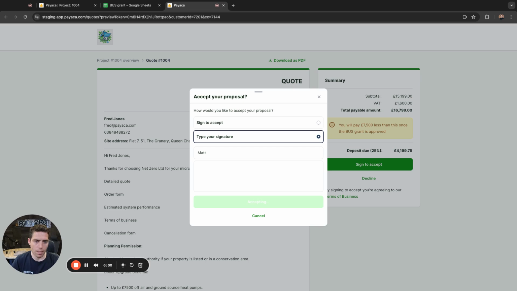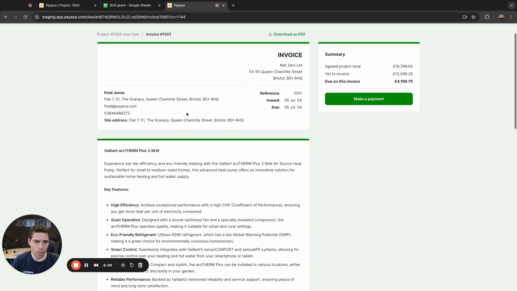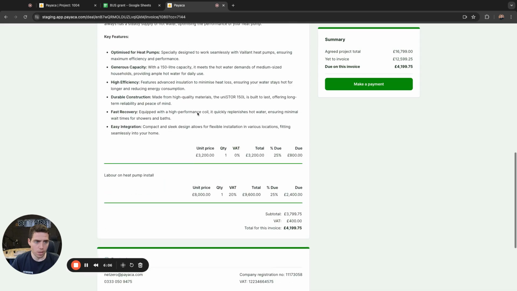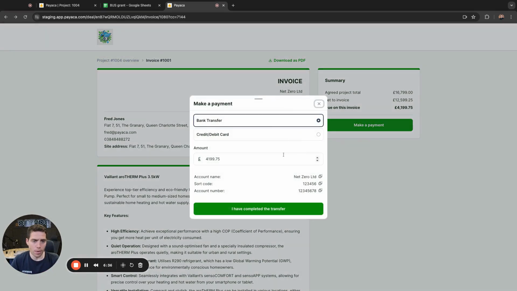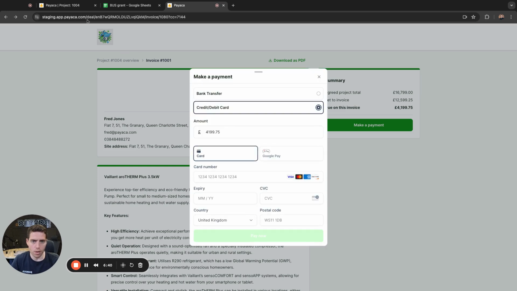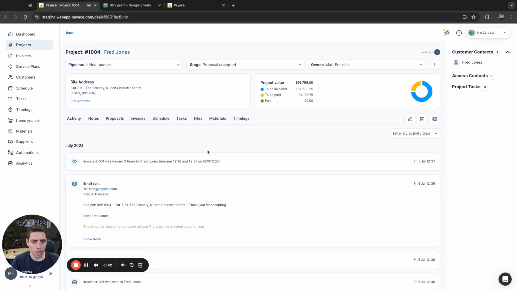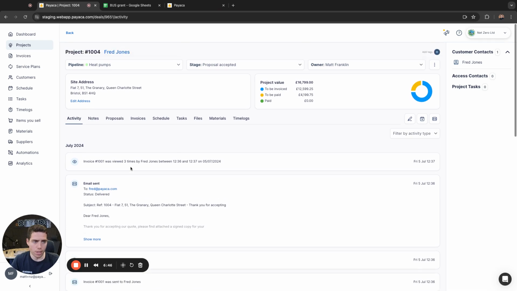So I'm just going to do that. And then that will take me directly to the invoice. So that's got the 25% deposit ready to go. As it's on the client portal, I can step back to the overview and see everything. But now on this invoice, I can make a payment either via bank transfer or card, because those are the options I selected. So that obviously shows me the email that was sent to the customer,